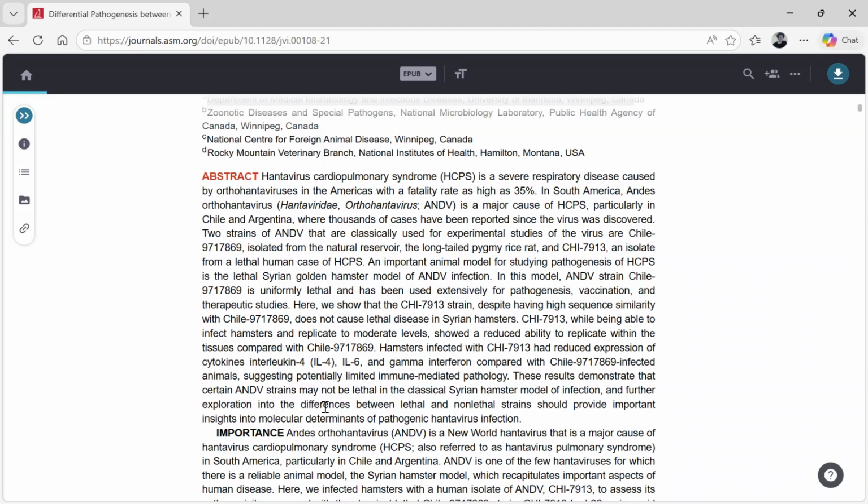An important animal model for studying pathogenesis of HCPS is the lethal Syrian golden hamster model